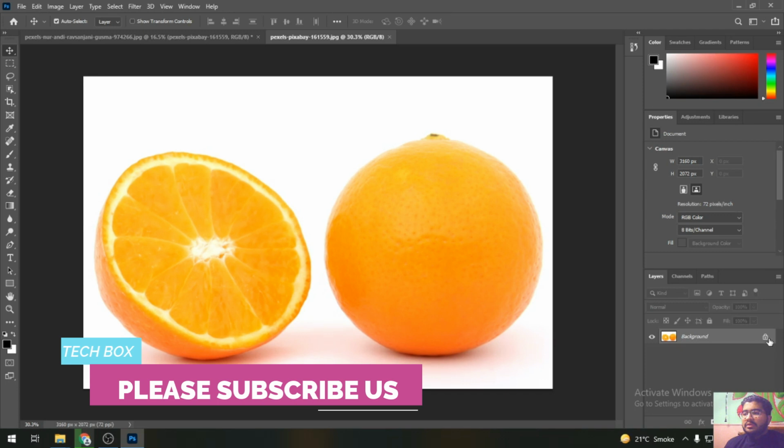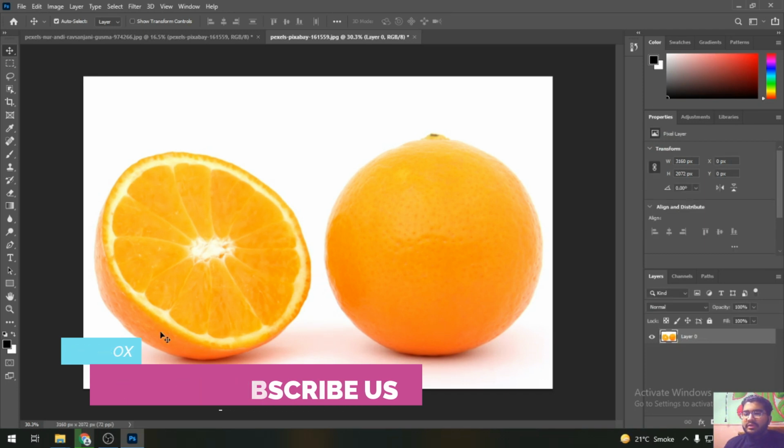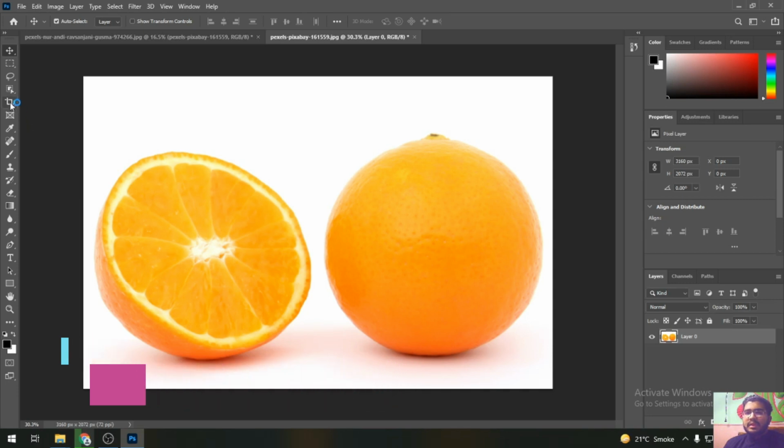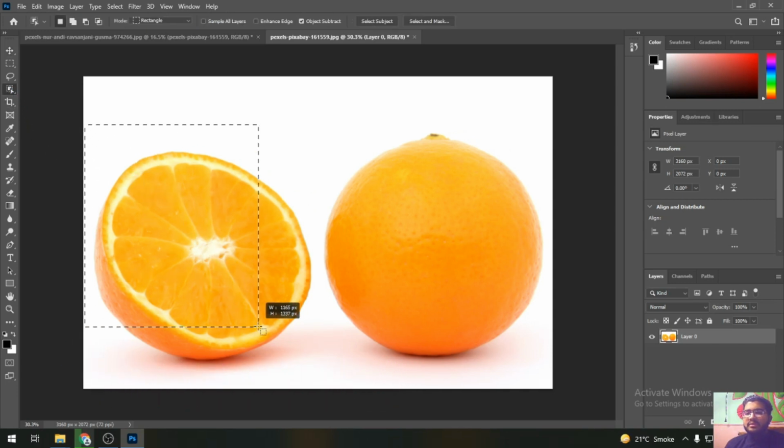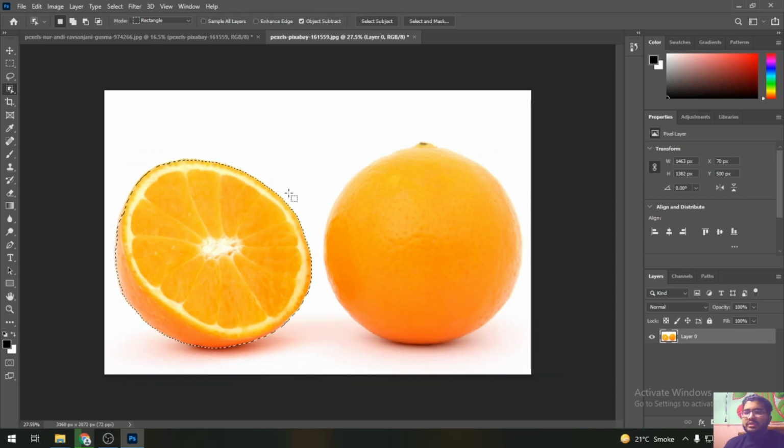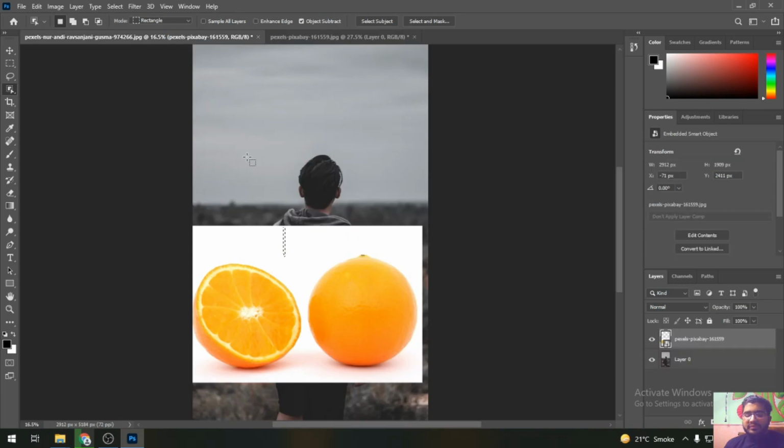You can see here, if we need this circle, I select the Object Selection tool and draw a square around this, and you can see it auto detects the orange and selects it without the background, and Control C to copy and paste